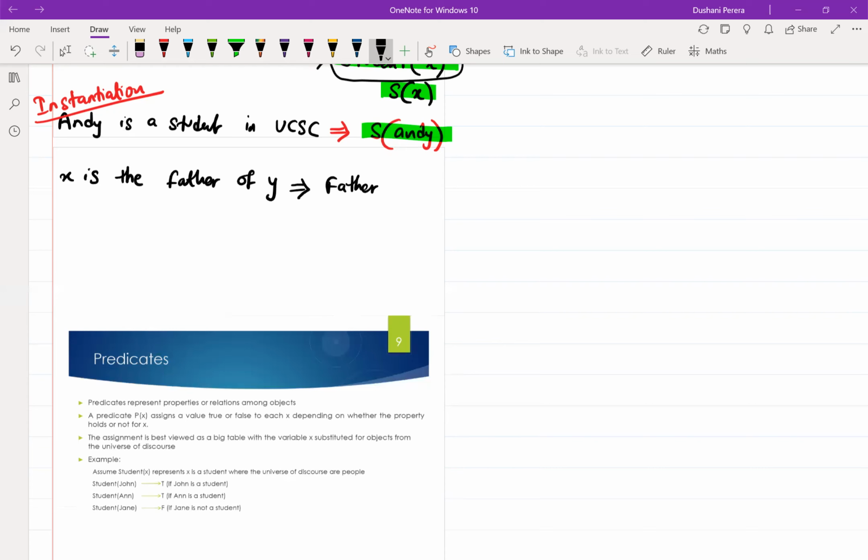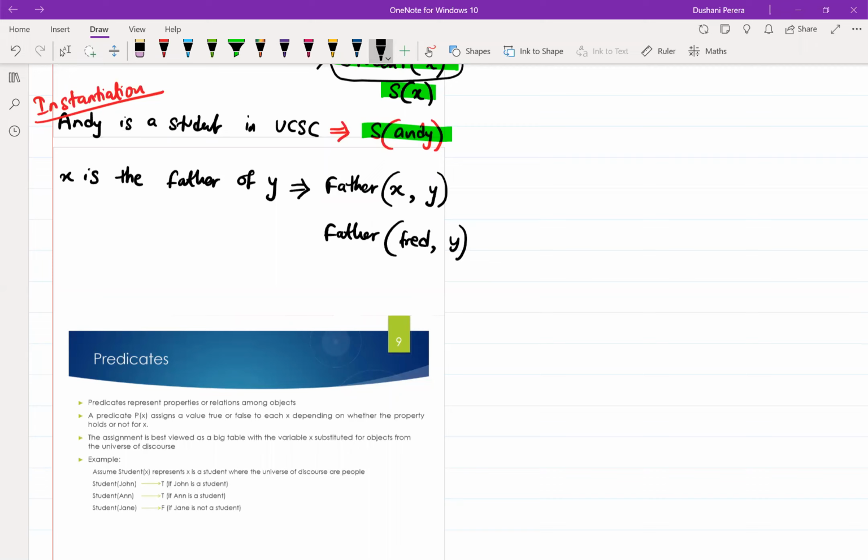So you have father. Inside that you have to say about two people. X is the father of Y. So if we are taking an instance out of this, saying, okay, Fred, there's some guy called Fred whose father is Y, then we can say Fred Y. Okay, we instantiated Fred out of the pool,